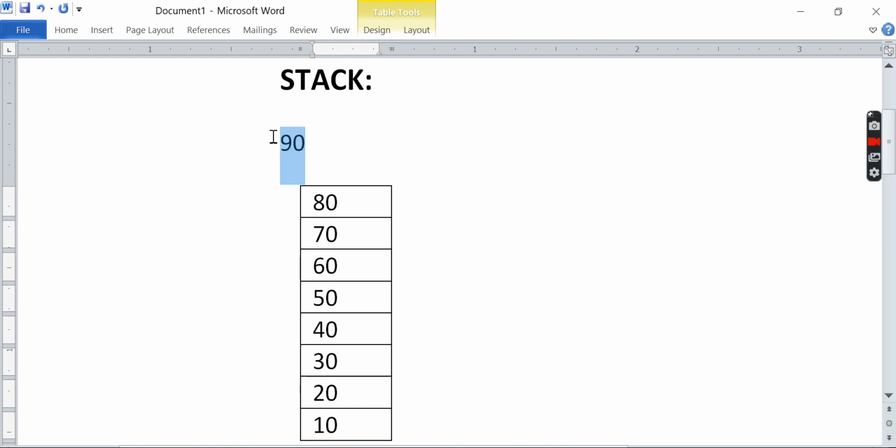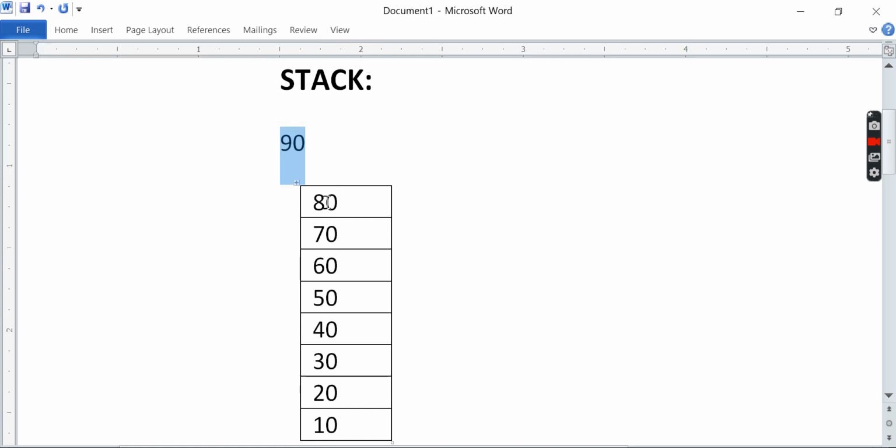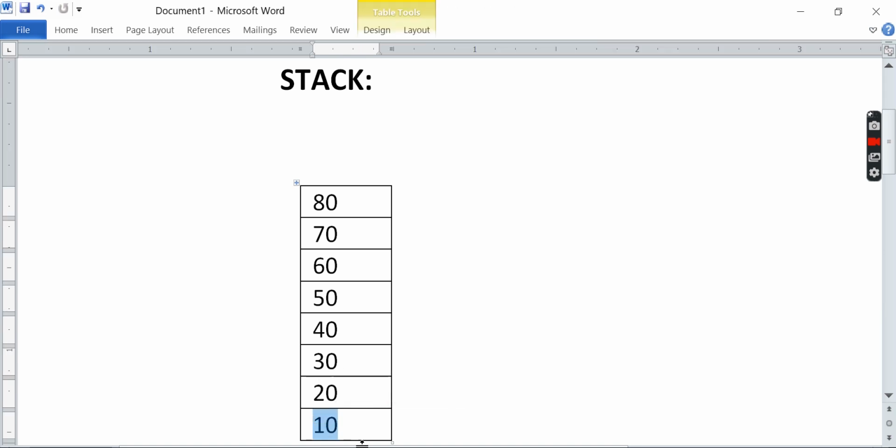So we have seen how you push elements into the stack. This action is called push, inserting elements into this array stack. After that, if you want to delete an element, how are you going to delete? You cannot delete anything from here, because it is closed. From the top only you have to delete. So the deletion operation will take place from the top only.